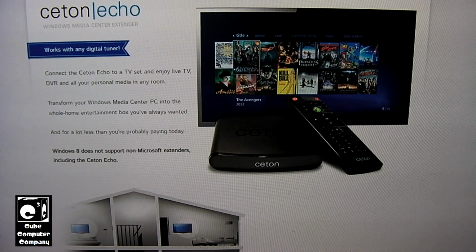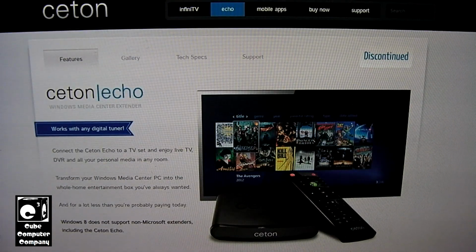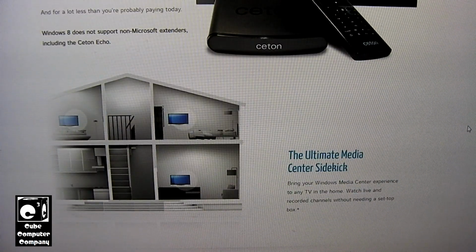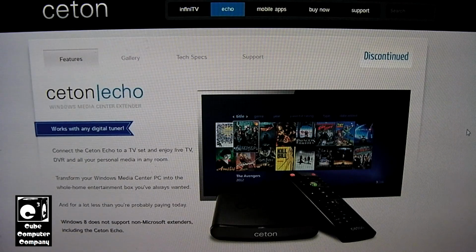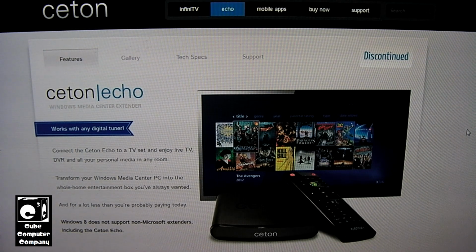But I mean, it is what it was. But I can say that the Ceton Echo was a Media Center extender that you could purchase, and I believe it was either $99 or $199. I think it was about $100 or something like that, because I actually have one. But the big issue nowadays is these products are in storage because they're pretty much paperweights. And that's because by the time Ceton really got their products straightened out,